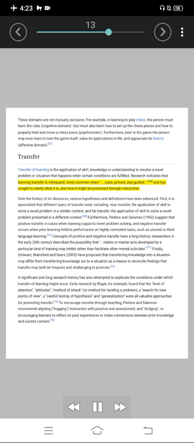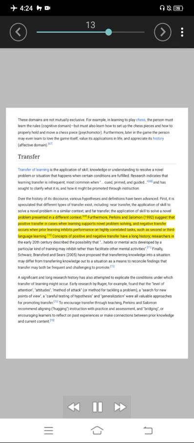Over the history of its discourse, various hypotheses and definitions have been advanced. First, it is speculated that different types of transfer exist, including near transfer, the application of skill to solve a novel problem in a similar context, and far transfer, the application of skill to solve a novel problem presented in a different context. 69. Furthermore, Perkins and Solomon 1992 suggest positive transfer occurs in cases when learning supports novel problem solving,